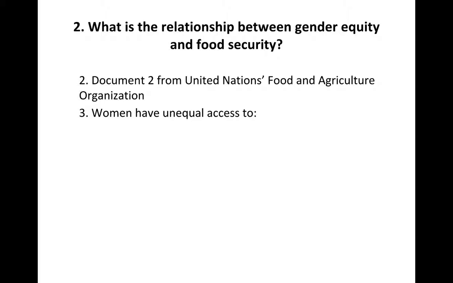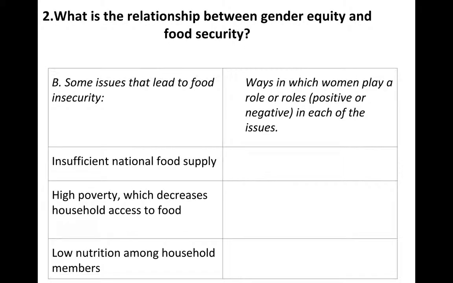Okay? So, women have limited and/or unequal access to the following things, and then you will see how the fact that women don't have access to the following things, I'll give you one example: technology, influences food insecurity, either in that town, in that city, that region, or even in that country. Okay? All right, so let's continue on.